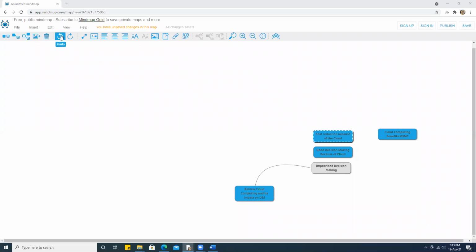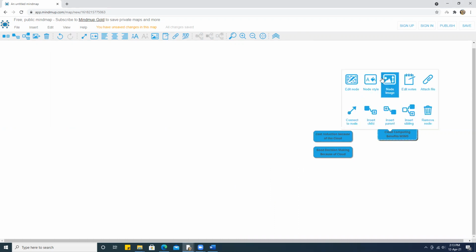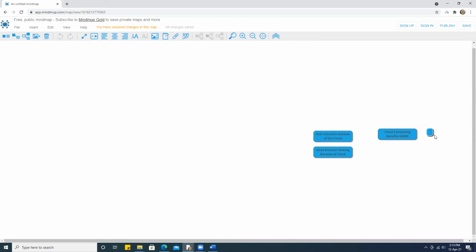Now in this way we can go back and create some additional rows. But here what I do is Control Z. So good decision making, cost reduction. I think I need to add performance. Sibling, insert sibling, improved performance. These three things ensure that these three things ensure